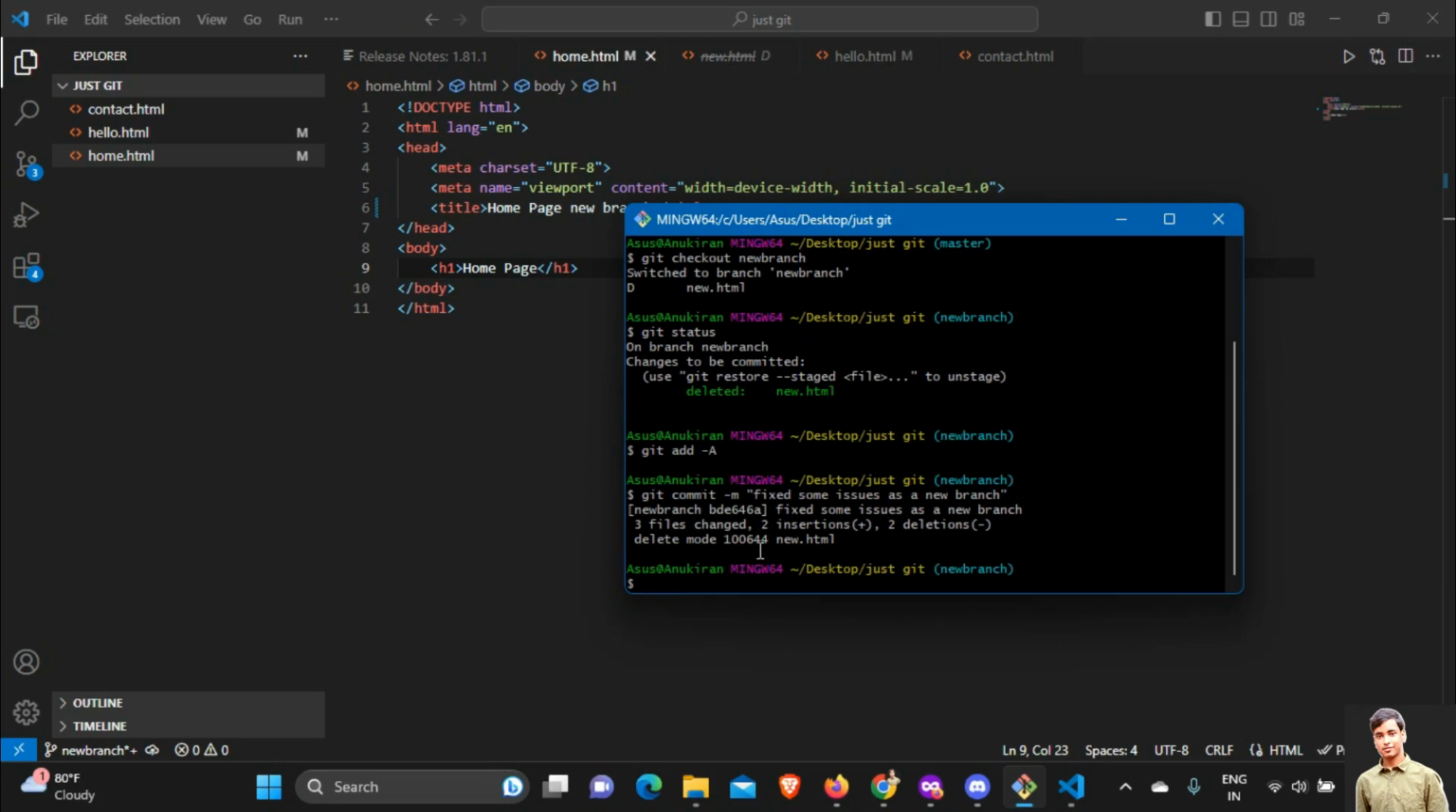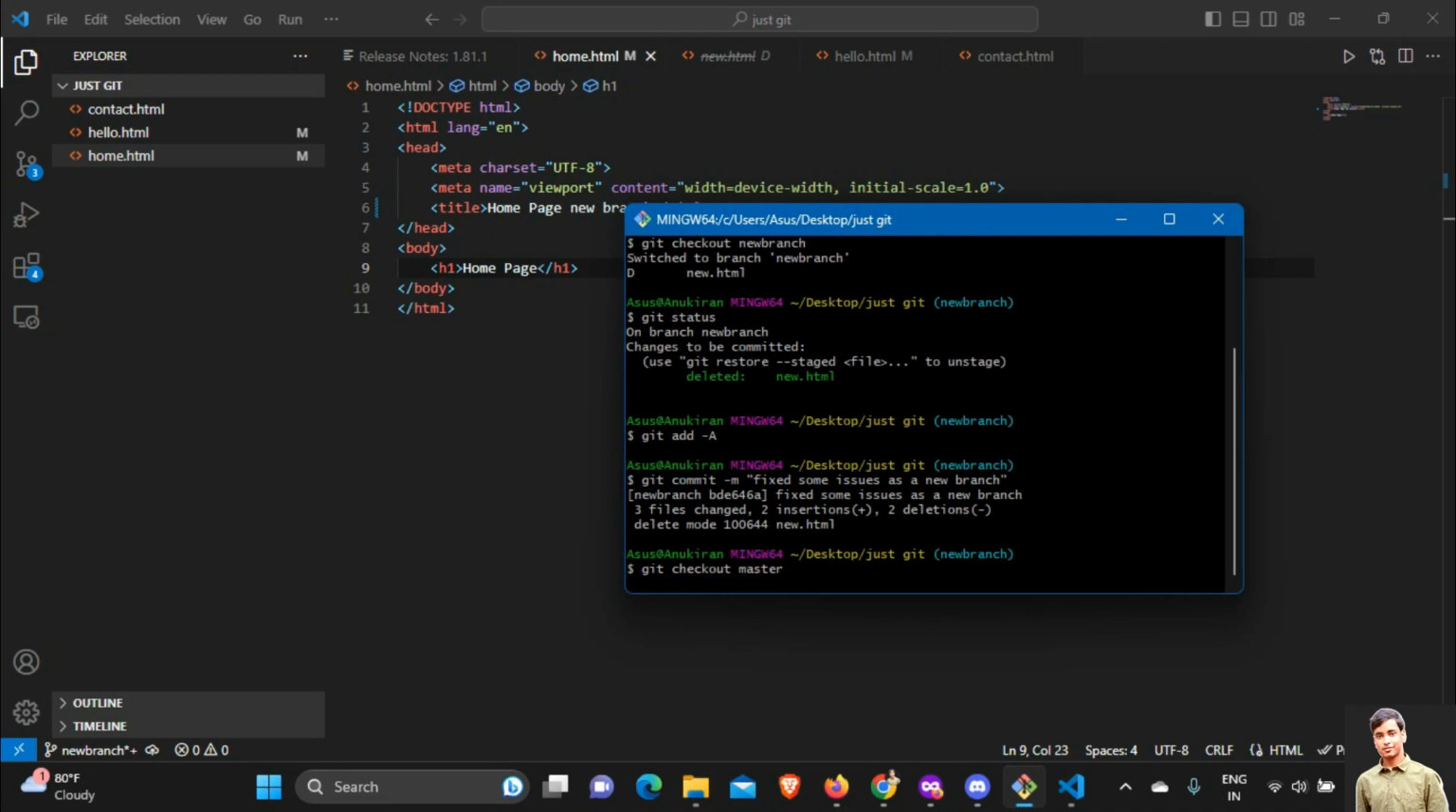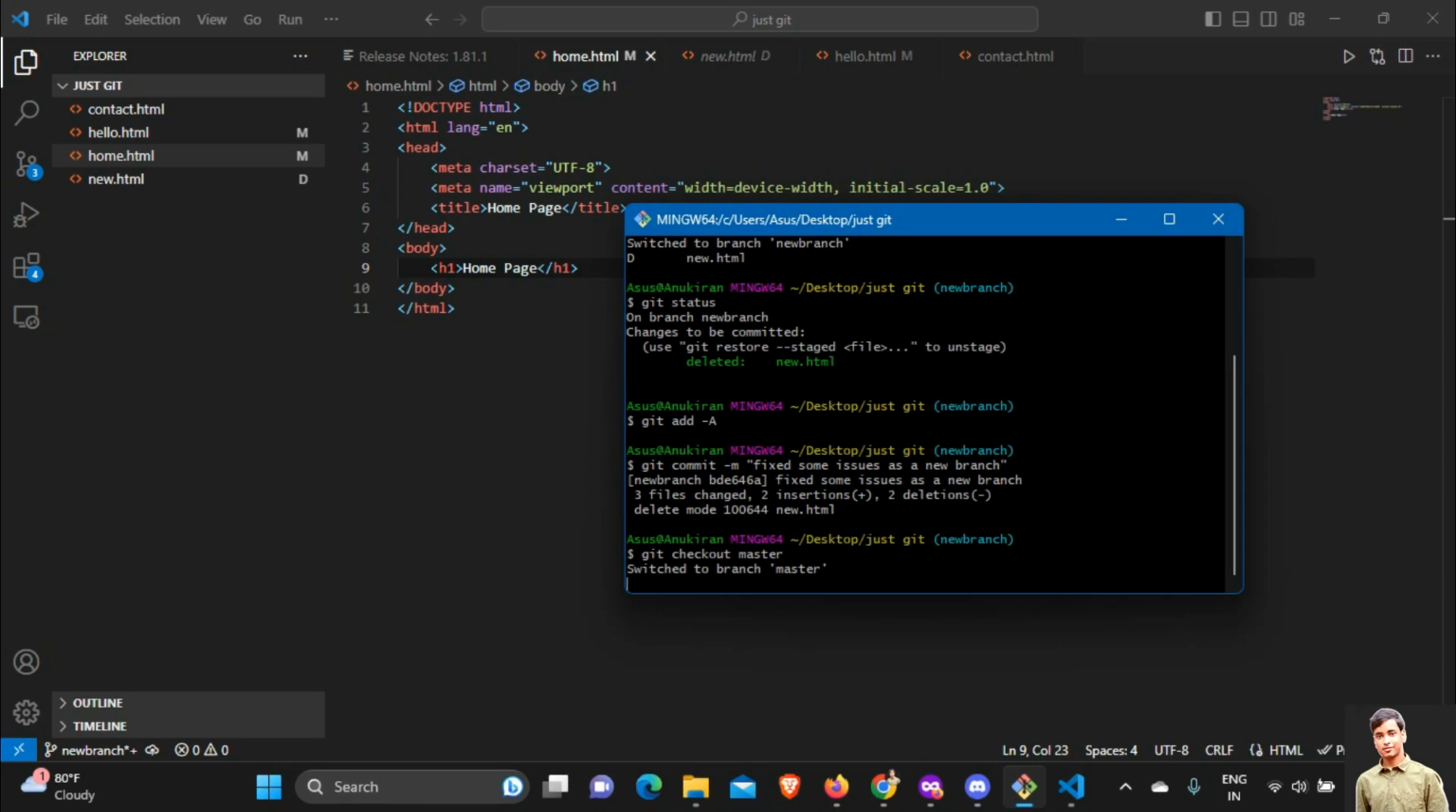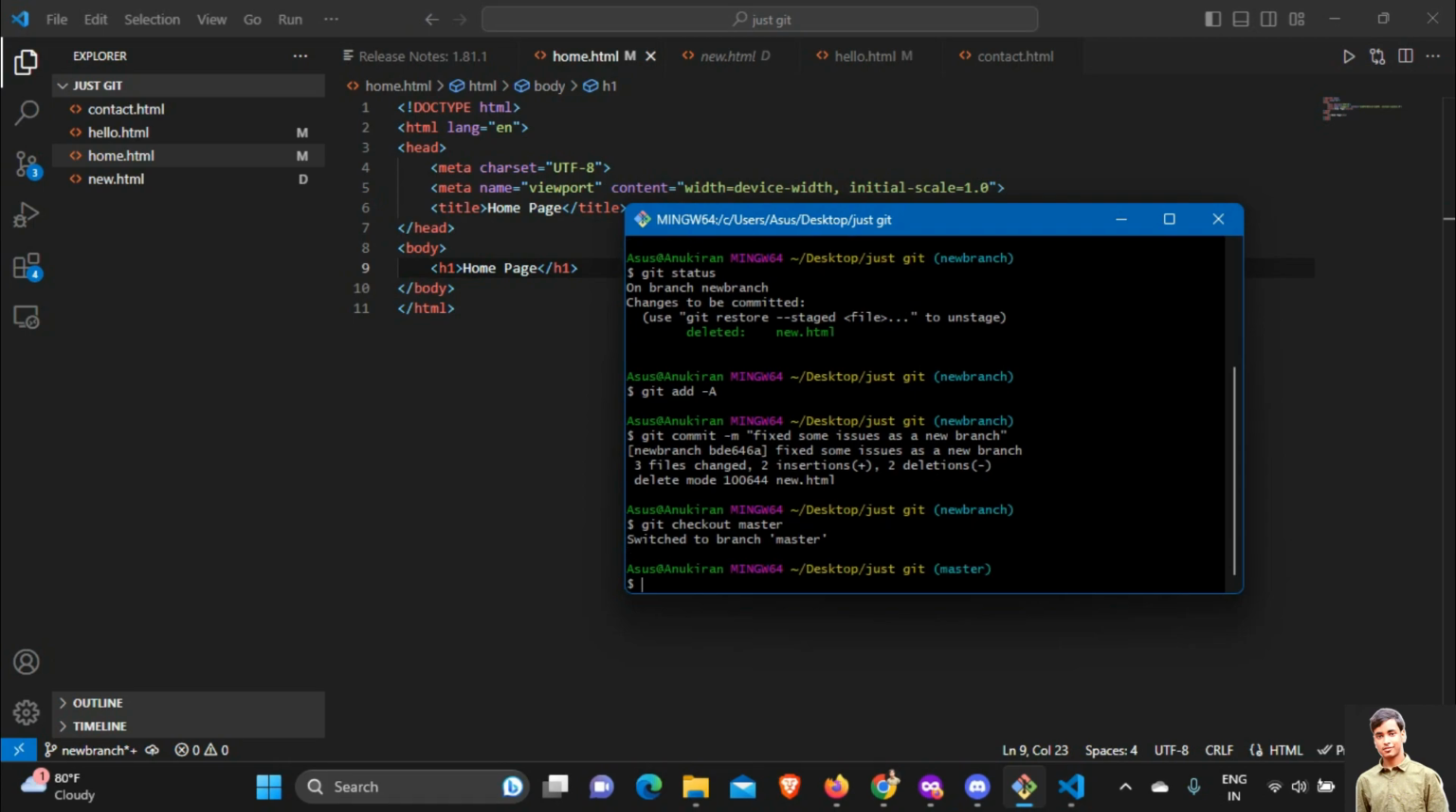Now what we are going to do is switch back to master. We will use the same command we used to switch to this branch, which is git checkout master, and hit enter. So now we will switch to master branch. Once we switch to master branch, if you have noticed, we have written "home page new branch" over here, but in here it has not changed a single thing, because this is on master branch, but we have changed it on